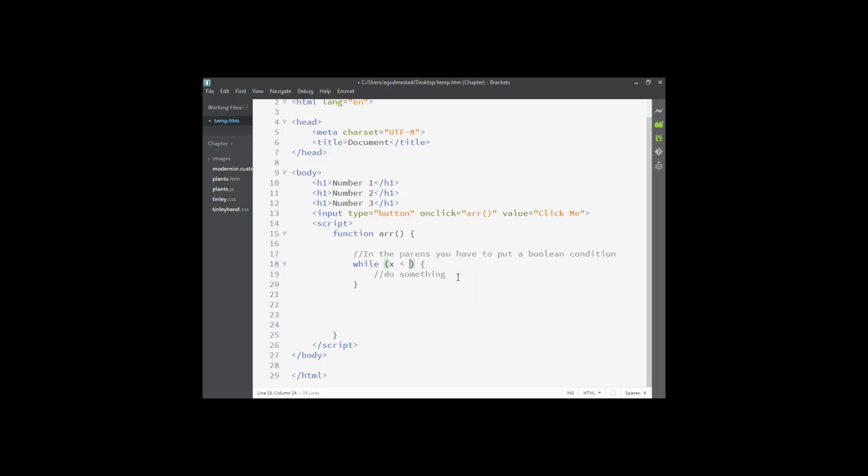So while x is less than 10, I'll say var x equal to 1. While x is less than 10, alert x and increment x plus plus. What happens if you don't increment x? It'll never stop looping, right? Because if x was 1,